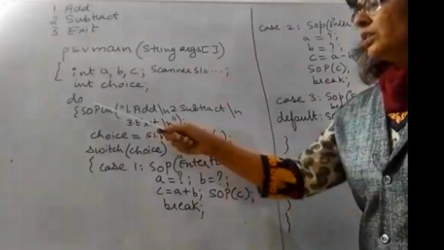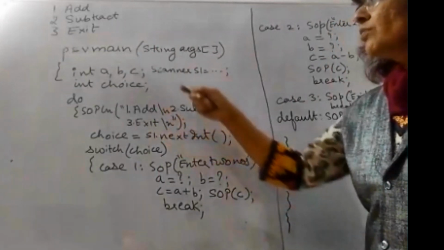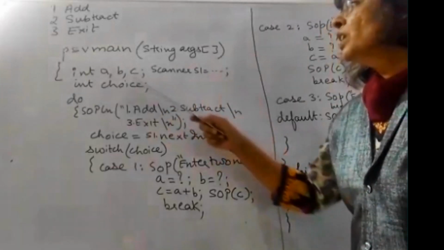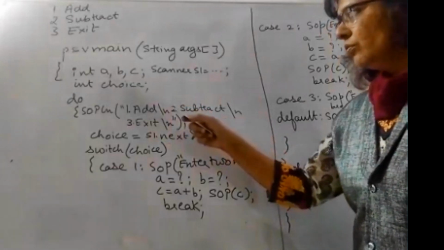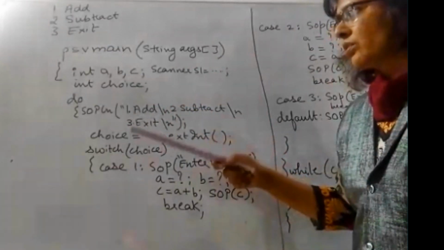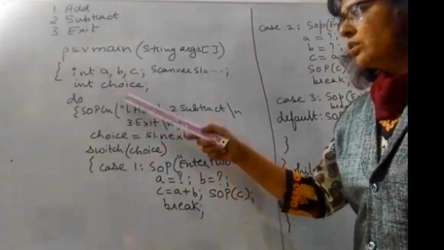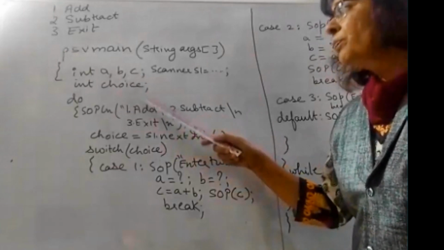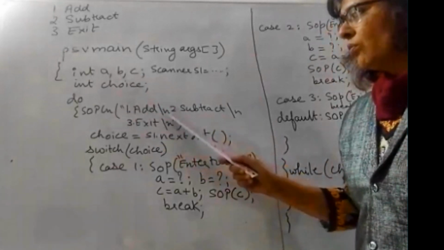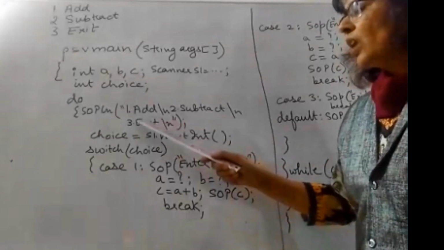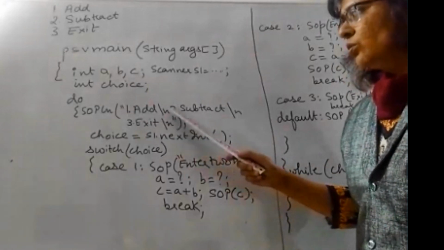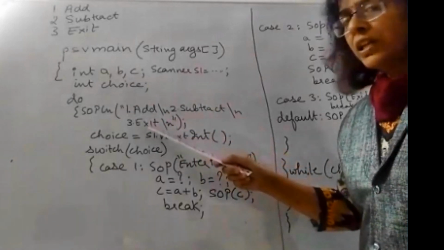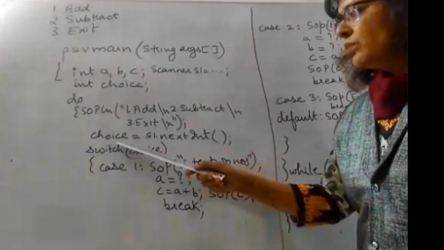Therefore, we are using this, and now you can see in the main function, I'm not bothered to put the class and import statements that you are very well versed with. So a, b, c are the variables which we are going to use for addition and subtraction. Choice is integer type, and mind you, I have not initialized it. Here these are the display of options which we are giving to the user: 1 dot add backslash n, 2 dot subtract backslash n, so that they come on separate lines, 3 dot exit backslash n. Okay, the user puts in choice.